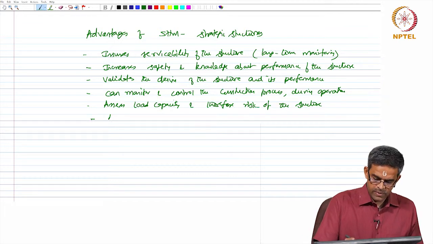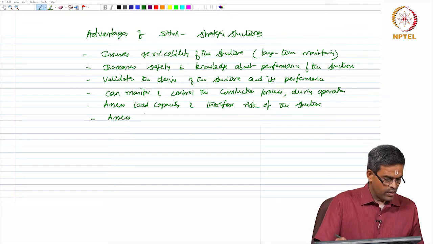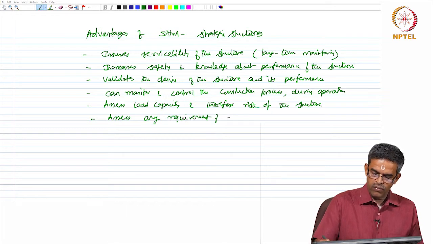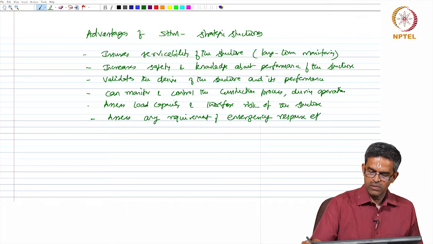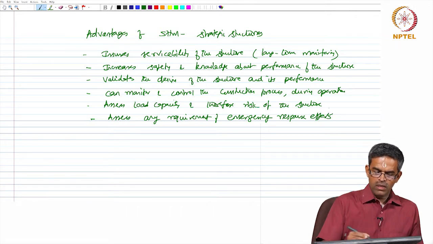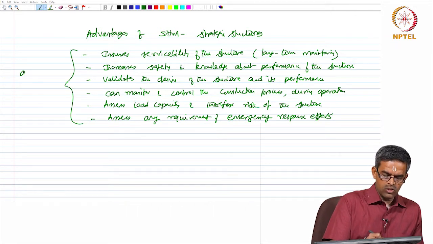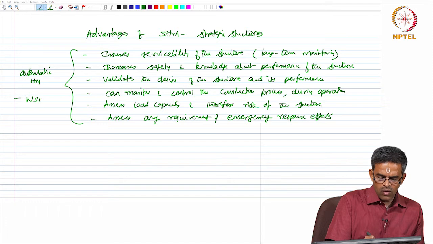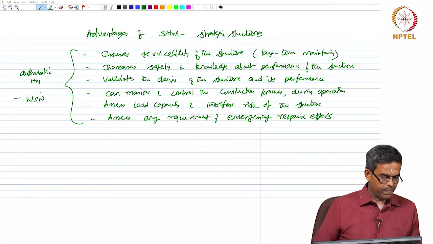It can assess any requirement of emergency response efforts. All these are possible once you do automatic health monitoring, which is generally done using wireless sensor networking. Now,